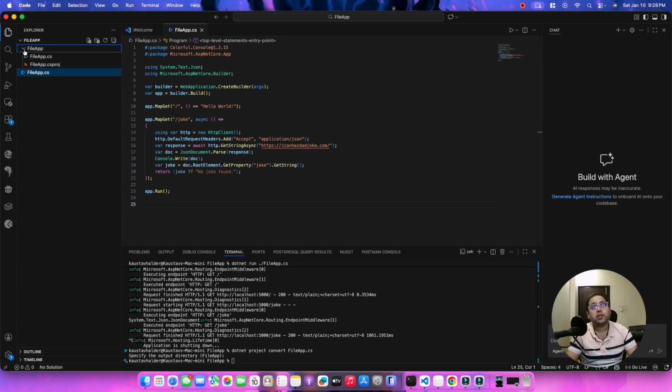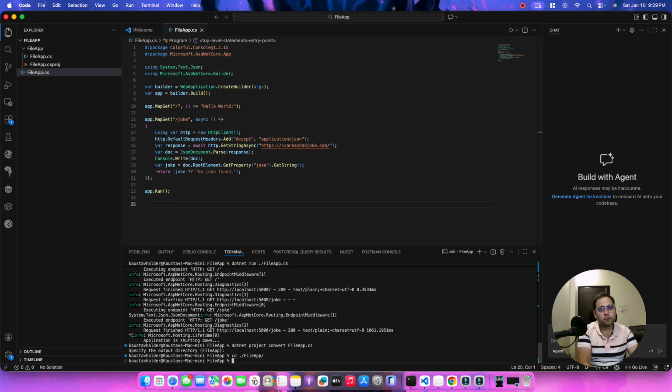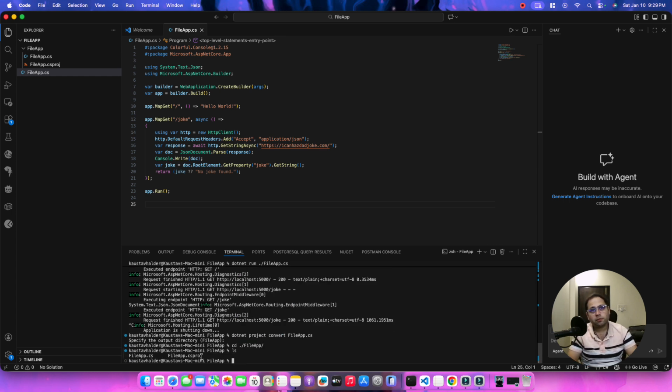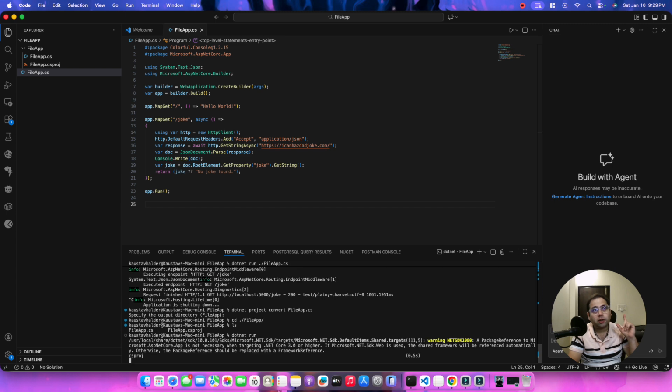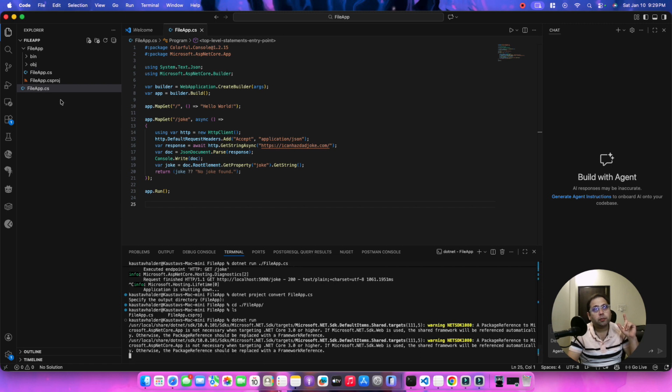And now we have this project created in a folder called FileApp. It's got the csproj file. If you just cd into the FileApp folder and check, we've got the FileApp csproj file. And out here, this is now a traditional .NET project. If I run it, I can just do dotnet run, and you'll see the bin and obj folders come in out here. Earlier we were not getting that in the single file applications, but now we get the obj and bin folders. Yep, there they are,